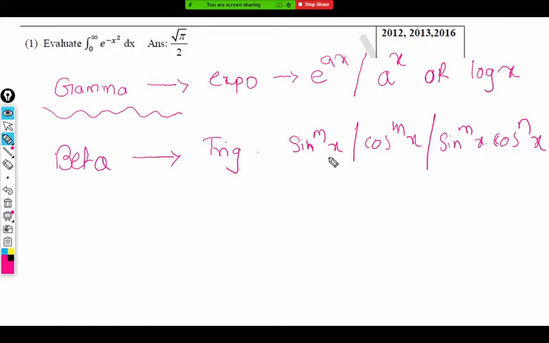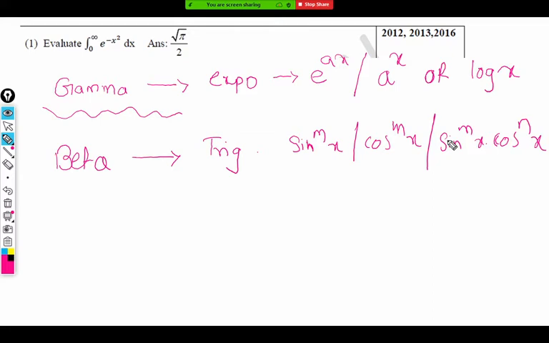Can anyone recall, can you solve this example by any other method? This type of integral, yes, by the Wallis formula, the Wallis theorem. That's the thing that you can use, provided, obviously, in both beta and the Wallis formula, the limit should be 0 to pi by 2. That integral should have limit 0 to pi by 2, and the integrand should contain sine or cosine terms only. Yes, we can solve it by Wallis or beta.